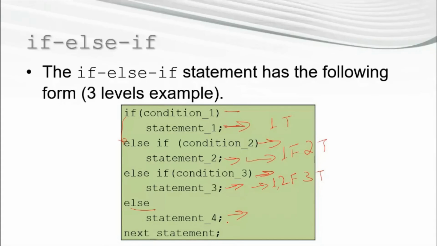Else, statement 4 will be executed if all these three conditions, 1, 2, and 3, are false. If all these three conditions are false, in that case, this particular statement will be executed. And after this, the if statement terminates right here, and in all the cases, the next